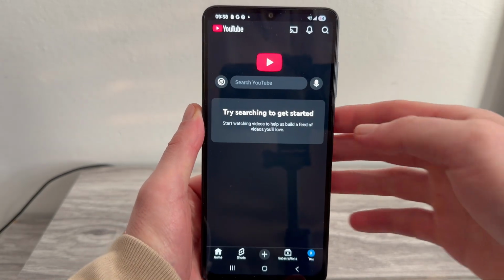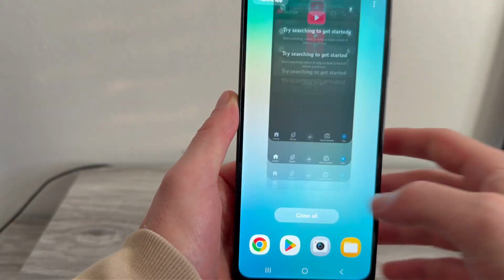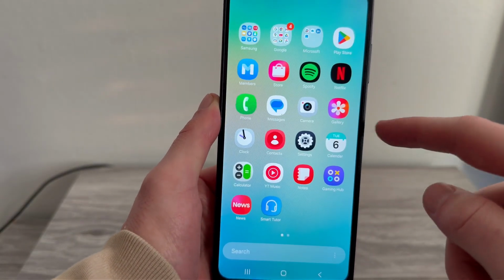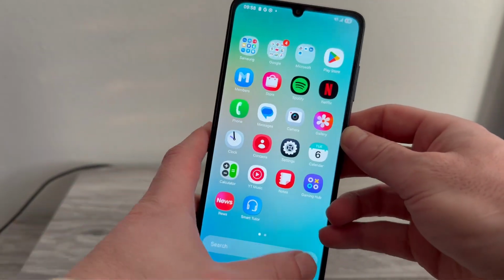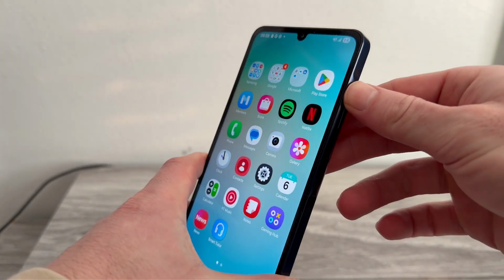How to fix the sound not working on YouTube on your Samsung mobile. So if you can't hear any sound from your YouTube videos, I'm going to show you how to solve this issue. Now, the first thing you want to do is obviously make sure the volume slider is turned up on